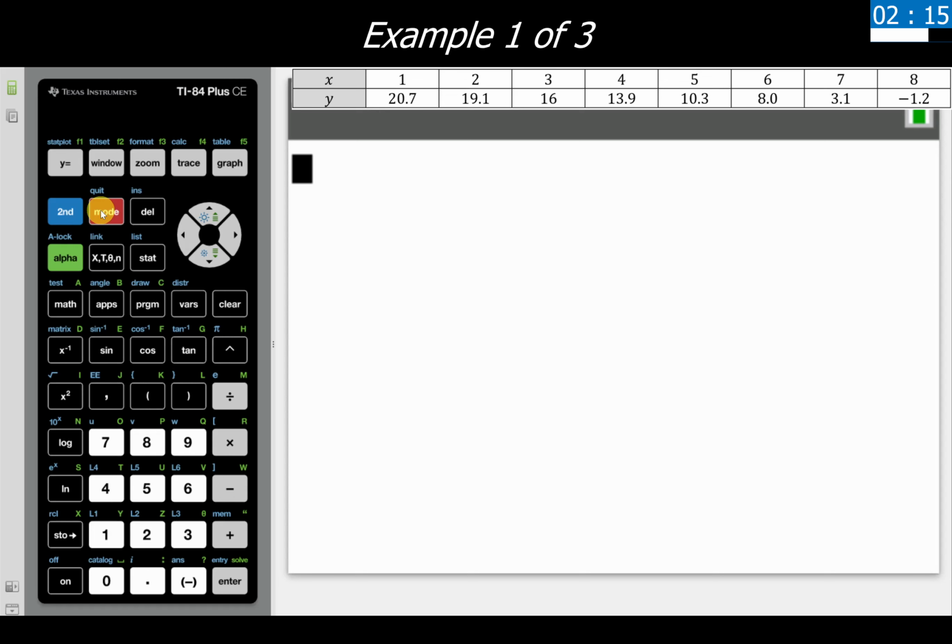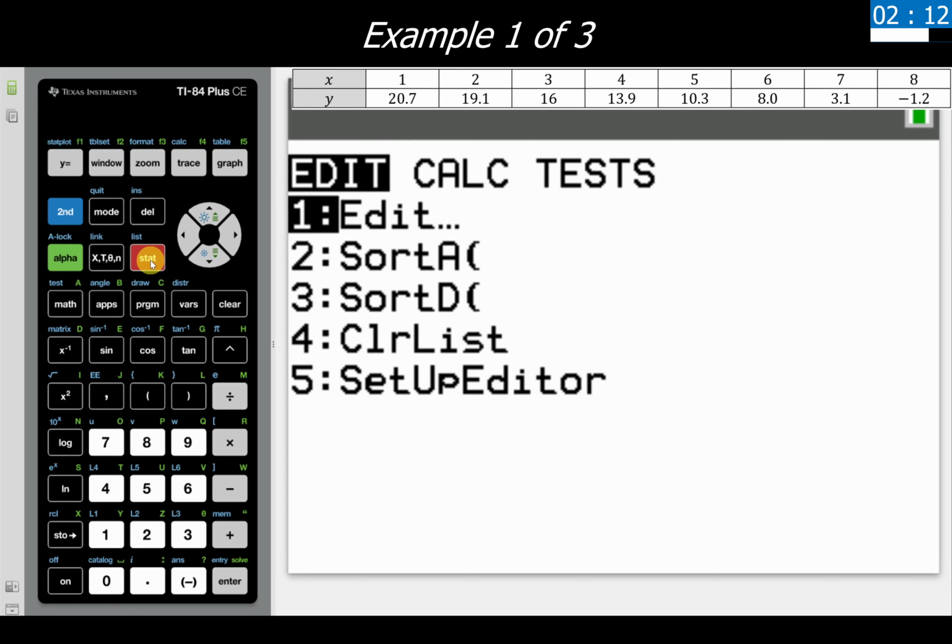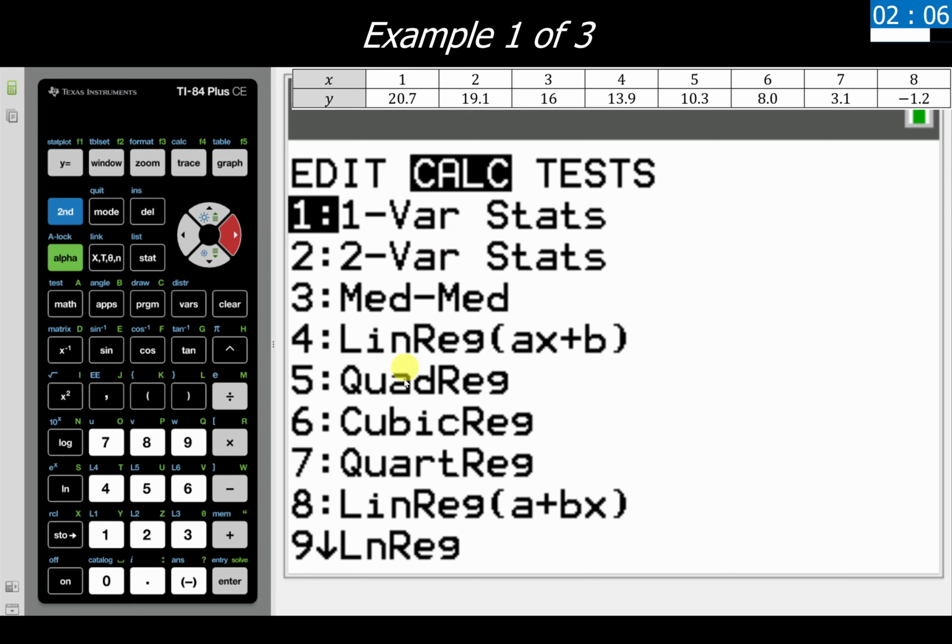So what we're going to be clicking on is the Stat button. We're going to use the left and right arrows to go over to Calc, at the very top. And then we're going to scroll on down to option 4, LinReg, where we have this ax plus b listed right here. Now some people pretty regularly ask, why can't I use the other LinReg equation down here?